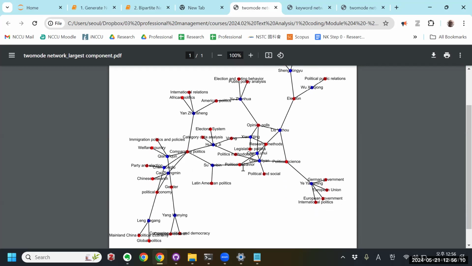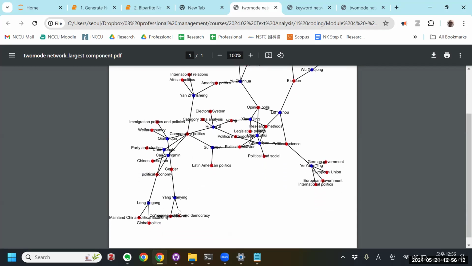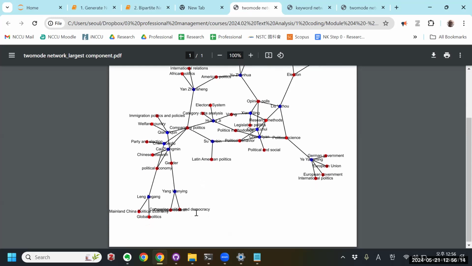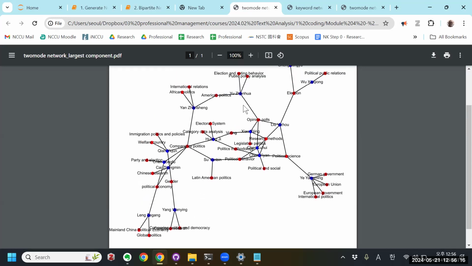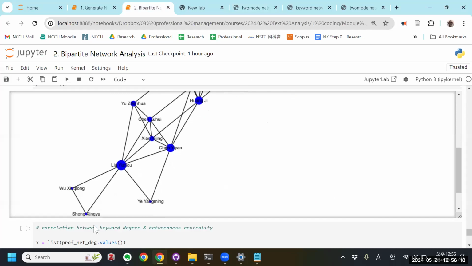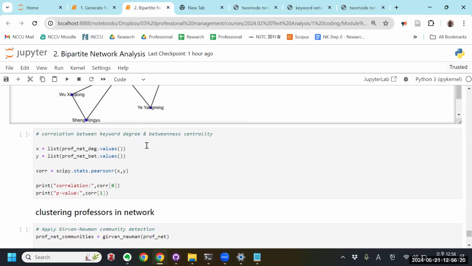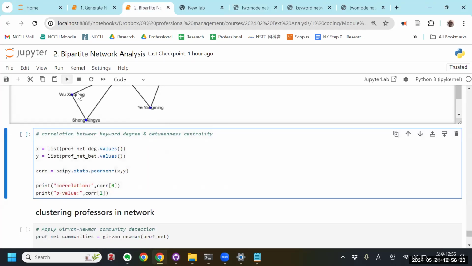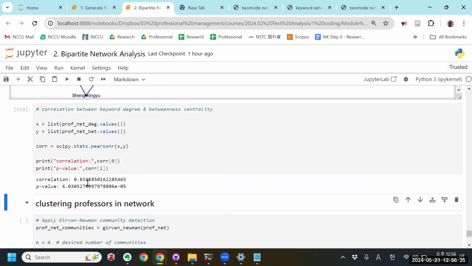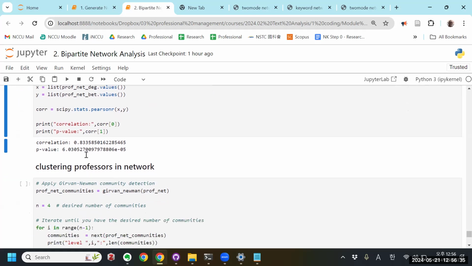Maybe it was one of the peripheral nodes that got cut. Okay. So the correlation between keyword centrality and degree centrality here is also pretty high, right? The correlation between the centrality and degree centrality of the professor network. If we do the clustering,